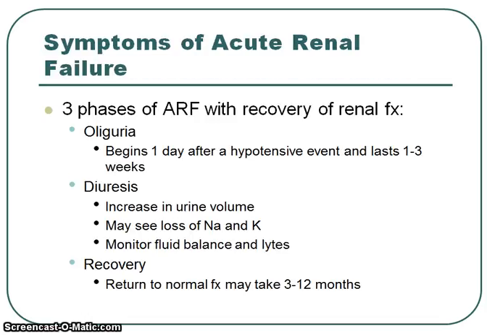So symptoms of acute renal failure, all right, regardless of the type, pre, intra, or post. Right, once they start to recover, they're going to go through 3 phases. Oliguria begins the first day after their event, right, so from whatever has triggered it, and it can last 1 to 3 weeks. Next up, they go through a diuresis phase. Diuresis is where we see an increase in volume, but it's not actually concentrating